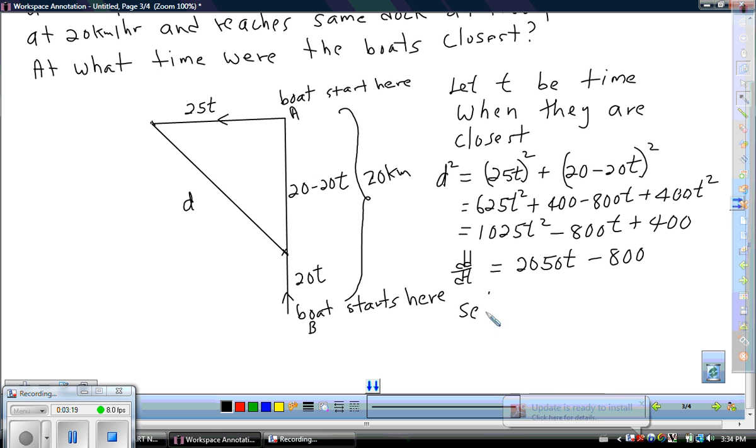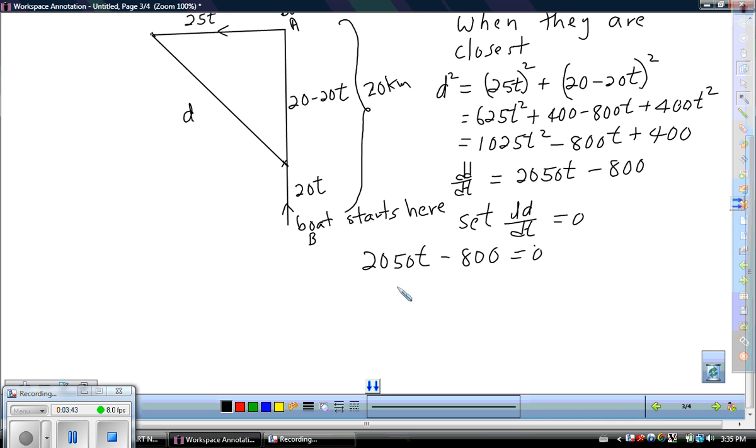Now I can set dD/dt equal to 0. So 2050t minus 800 is 0, which gives me t is equal to 800 divided by 2050,